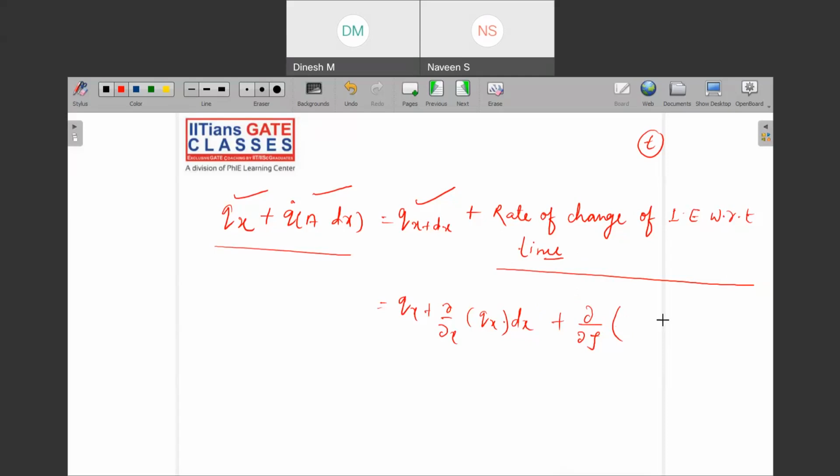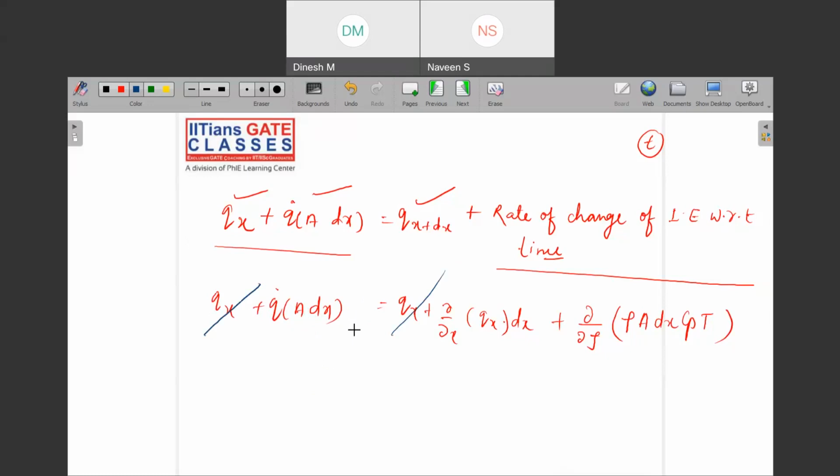In fact, mcpT, right? So can I write down that my internal energy is mcpT. And m is density into volume. So I can write this as rho A dx and cp into T. And on this side this is qx and this is q dot into A dx. So now you can see that you can cancel certain terms. So this qx got cancelled out. I can cancel a few more terms.